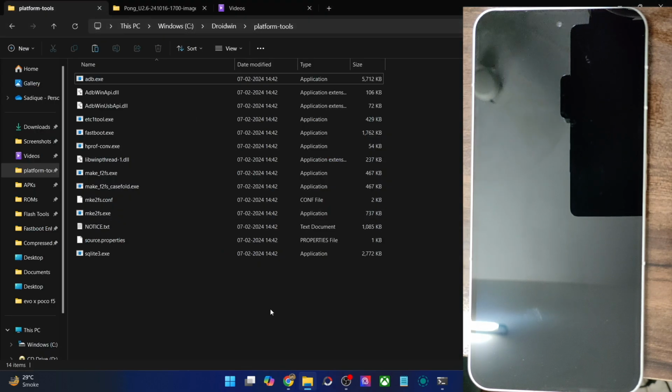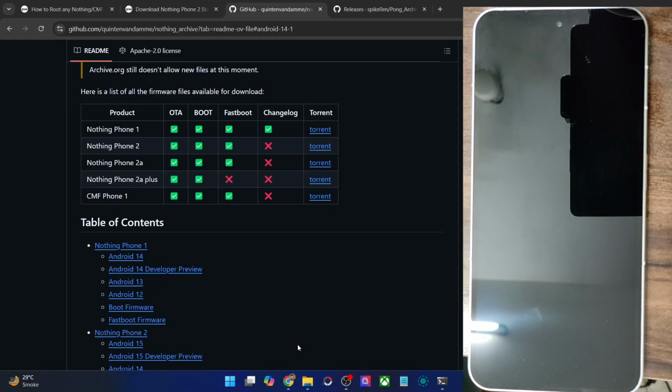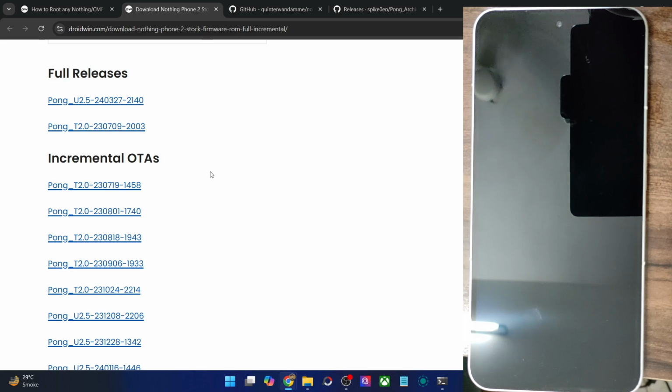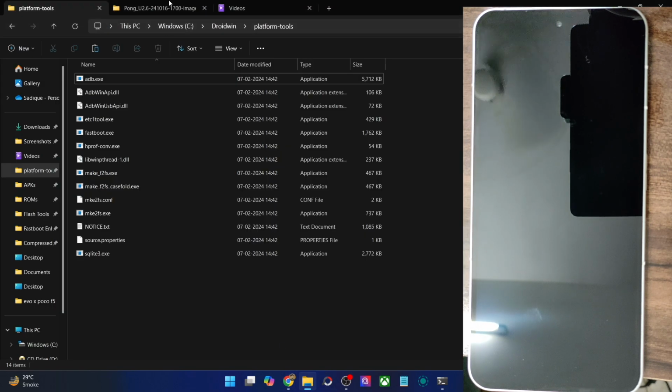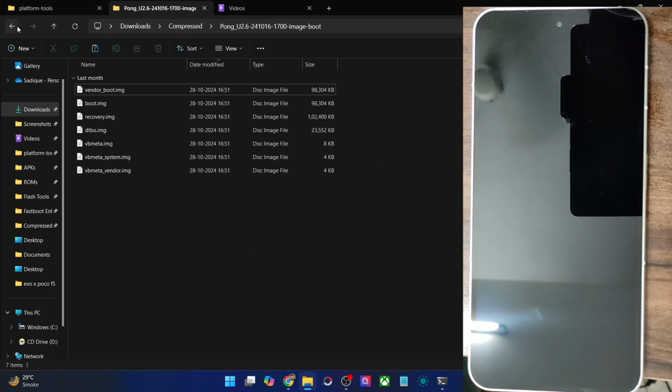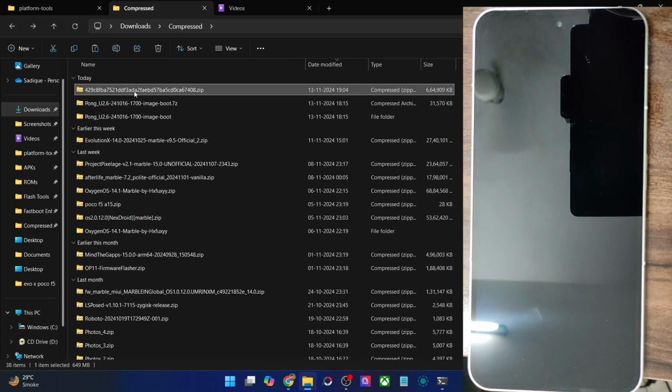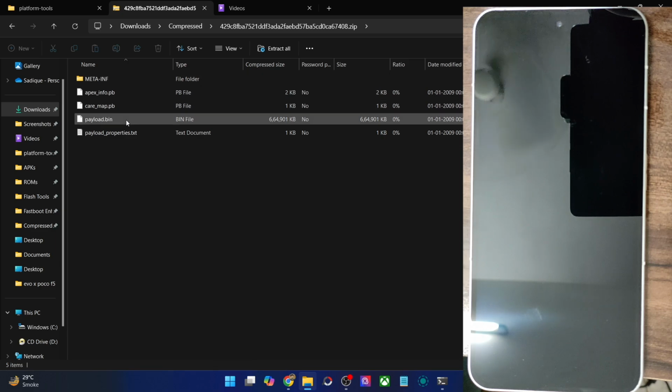So if you have got the firmware file, it will be initially in a zip format, and upon extracting the zip, you will get the payload.bin file. So let me show you for the sake of reference. This is one of the firmware files. So you will expand the zip file and you will get all these files. So get hold of the payload.bin file and transfer the bin file inside the Fastboot Enhance tool directory, as you could see.